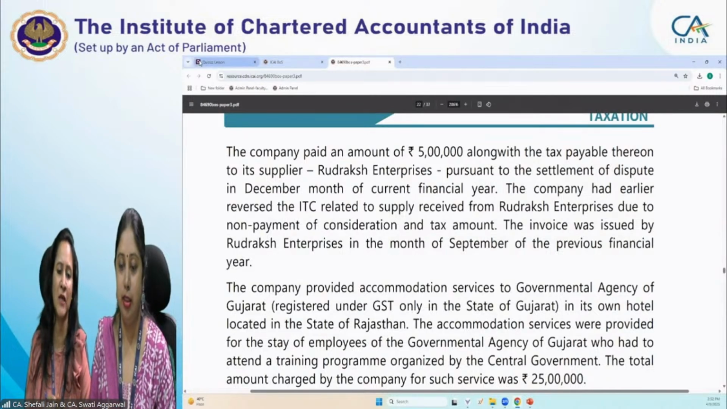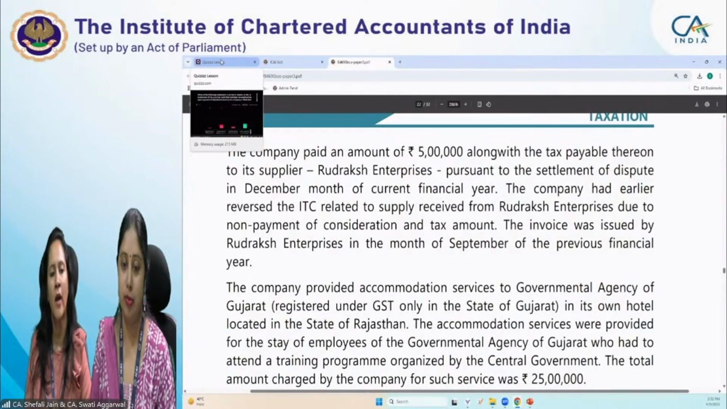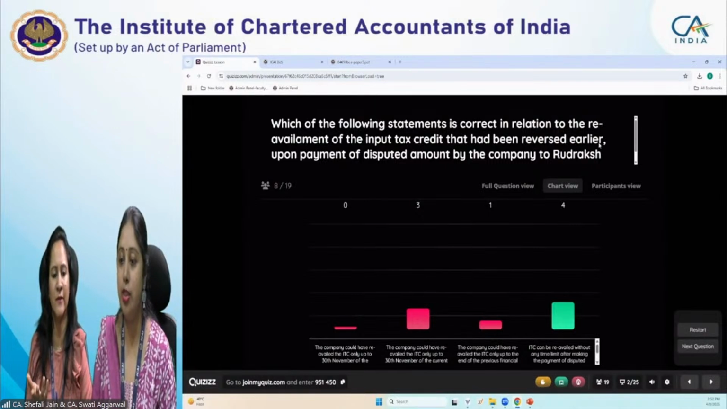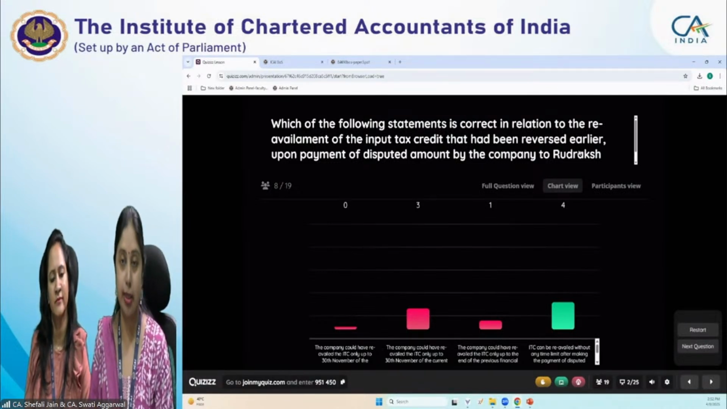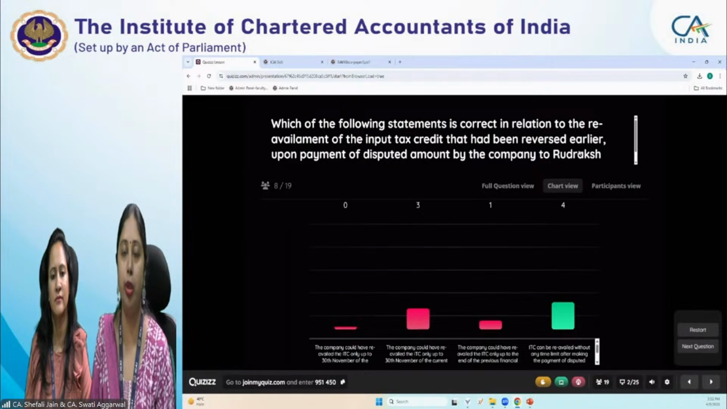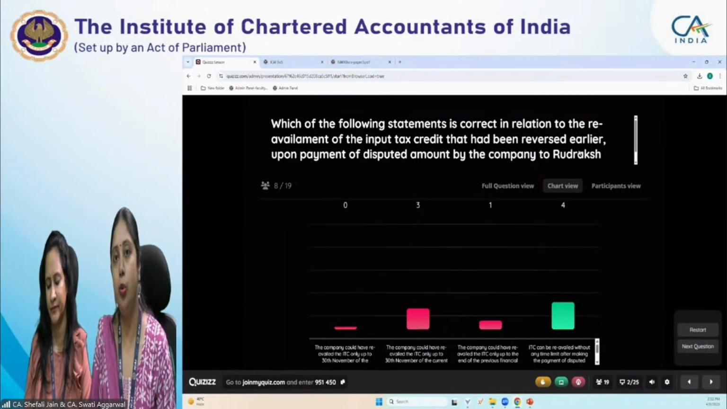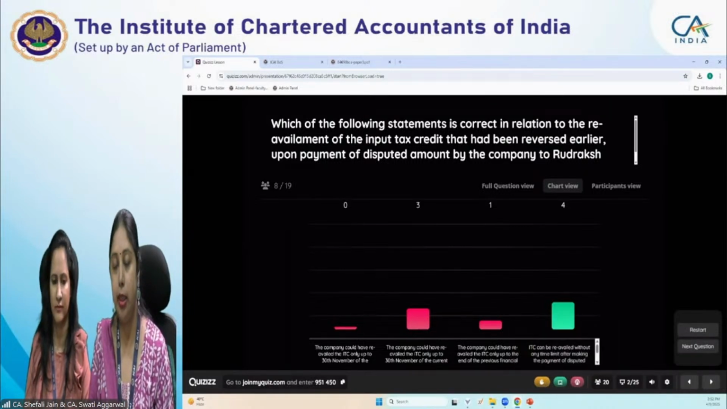Now the thing was कि कंपनी ने पे किया है 5 लाख rupees along with the tax to supplier Rudraksh. सेटलमेंट ऑफ डिस्प्यूट की मेन वजह was reavailment. When you are reavailing the ITC, there is no time limit. अदरवाइज आपको पता है next financial year की 30 नवंबर तक you can claim the ITC, उसके बाद आप क्लेम नहीं कर सकते। लेकिन अगर आप reavail कर रहे हो due to non payment of consideration and tax within 180 days, then there is no time limit. आप जब भी डिस्प्यूटेड अमाउंट पे करते हो, जब भी टैक्स अमाउंट पे किया, you can claim the ITC based on that. उसके लिए कोई reavailment के लिए टाइम लिमिट नहीं है। इसीलिए ये क्वेश्चन हमने टेस्ट किया था ताकि आपको ये particular provision समझ में आए।